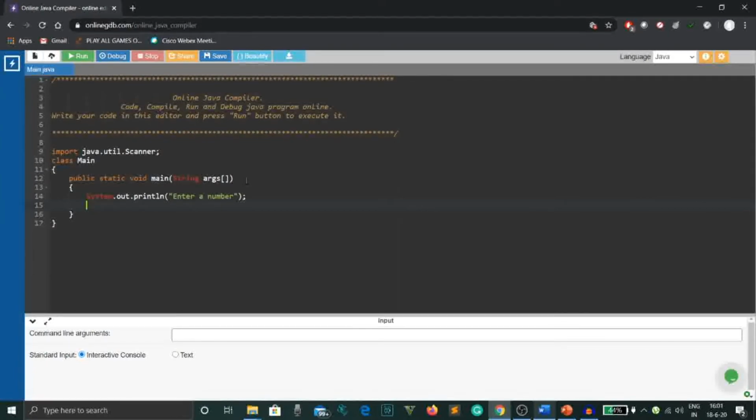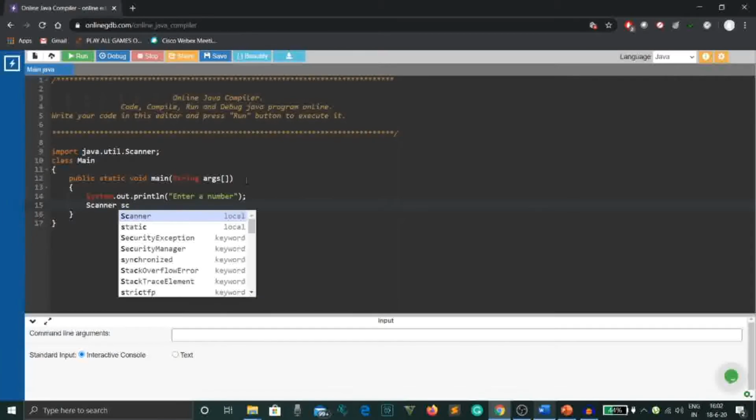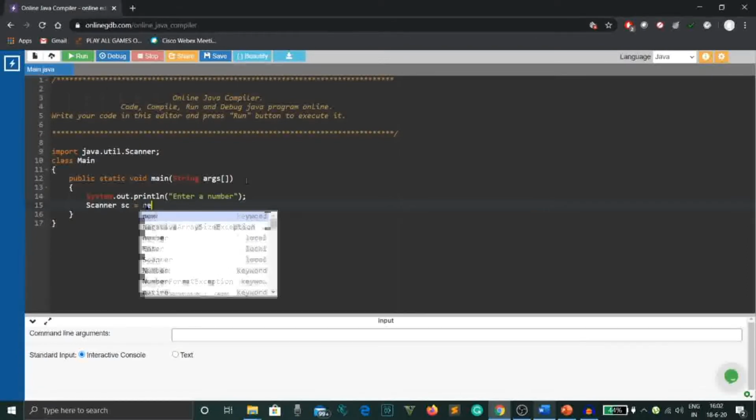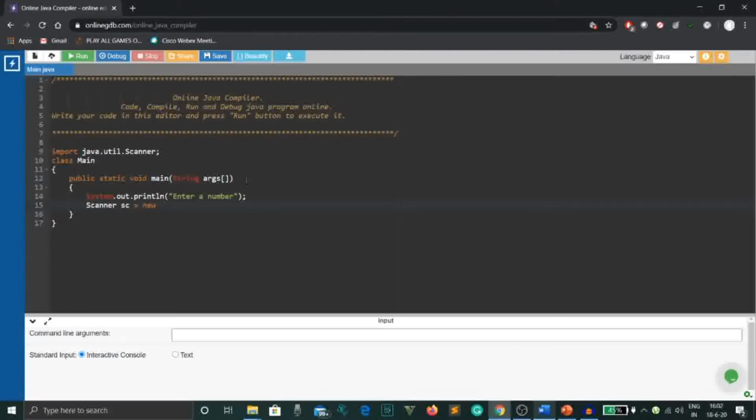The syntax for it is: you first write the class name Scanner, then you give a name for the object. Here I'm choosing sc, but you can take any name of yours, but please keep it simple. Scanner sc is equals to, now the new keyword here is used to define a new object. So Scanner sc equals new, again we type the name of the class Scanner.